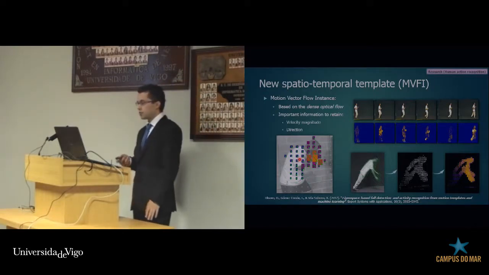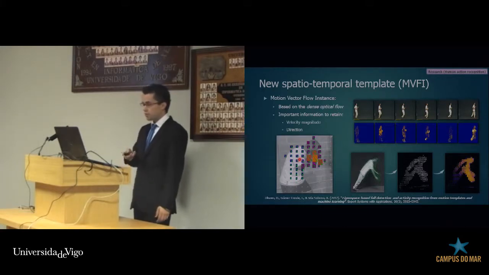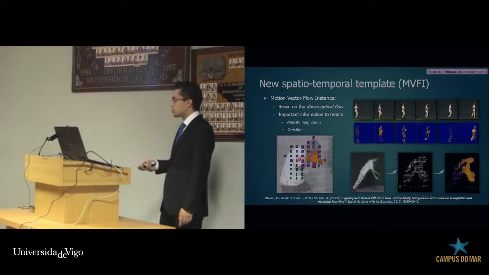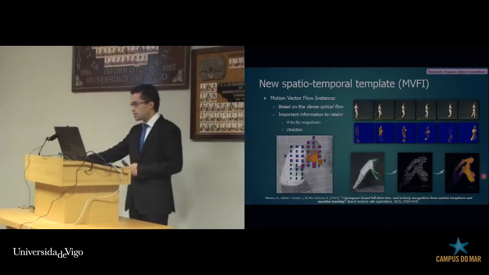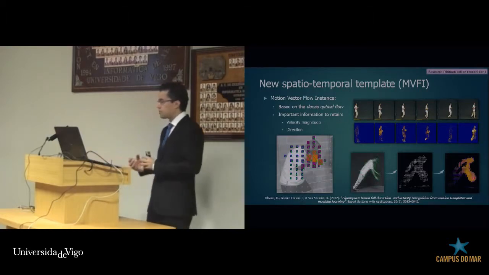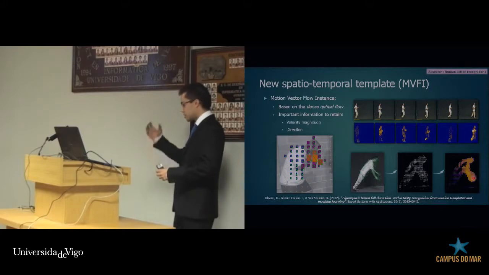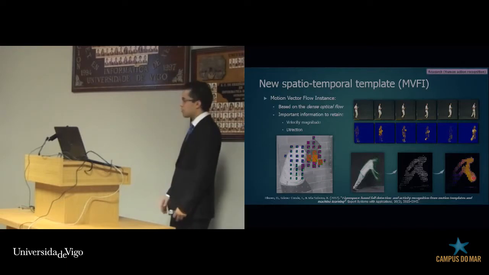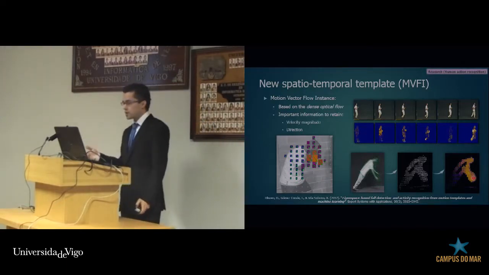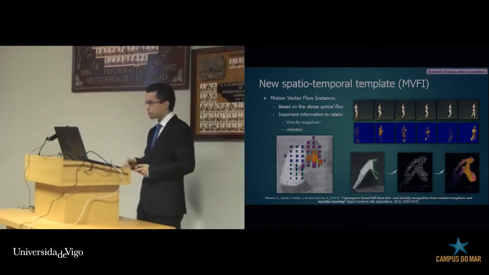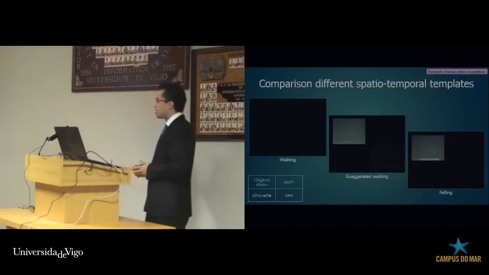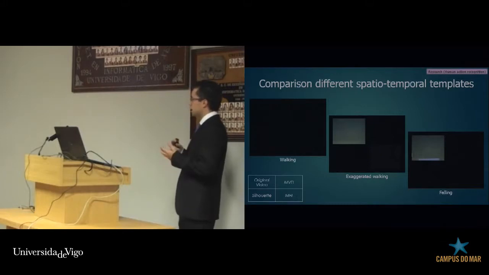And then we create a box for each vector, and then we use different colors. For example, here you can see that yellow represents, here I am falling, the higher velocity that you have. So for example, when you are falling, you have high velocities in your head and maybe in your upper body and in your hands, but not in your feet or in your legs. So with this representation, we are accentuating velocity, magnitude, and the direction.